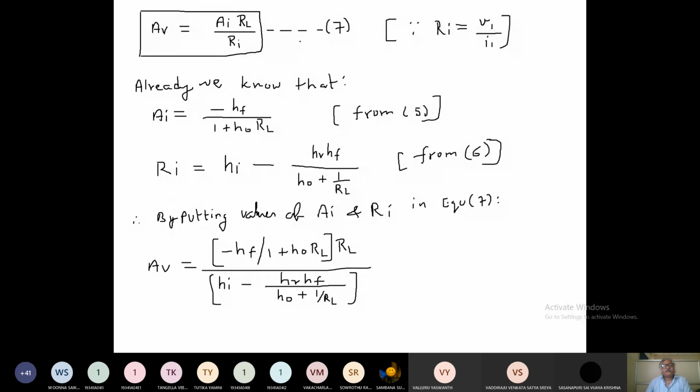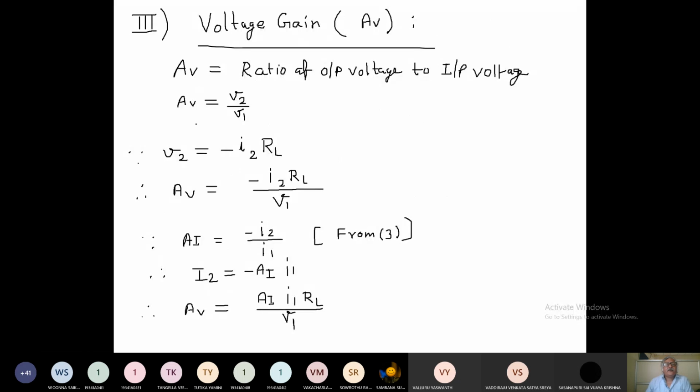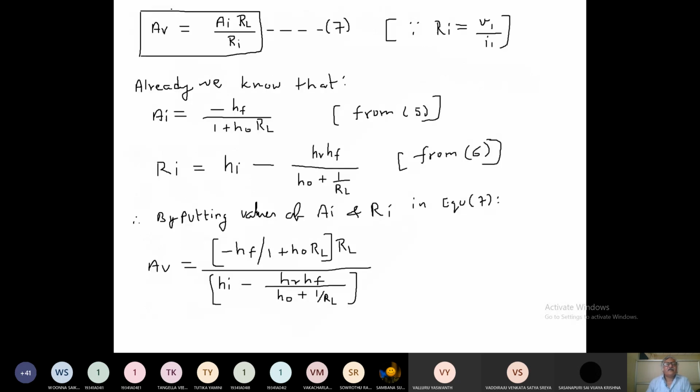Okay. And there is no need to learn these formulas by heart, right? Because see how much time you require to calculate this AV, voltage gain. You know this AV is equal to V2 by V1. V2 is this. In examination hall also you can solve this, right? You can solve this and at least this you can calculate up to expression number 7, right? So if you are able to learn the final equation by heart, then it is okay. Otherwise you can solve it by yourself also. Okay.